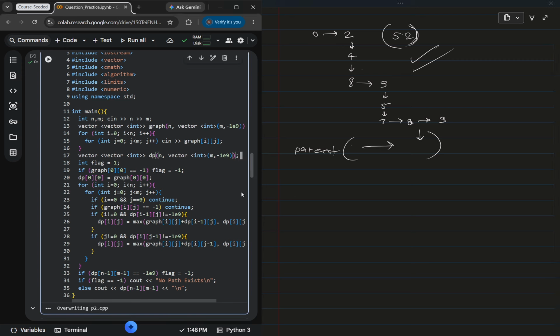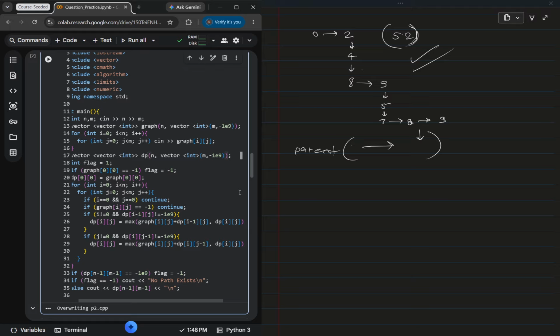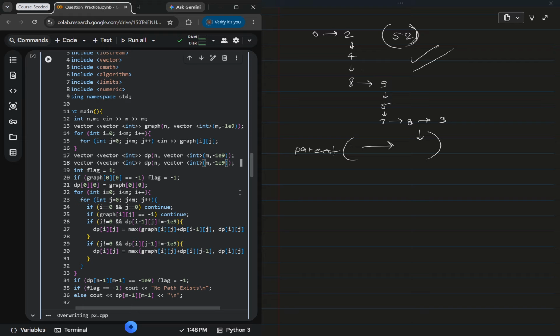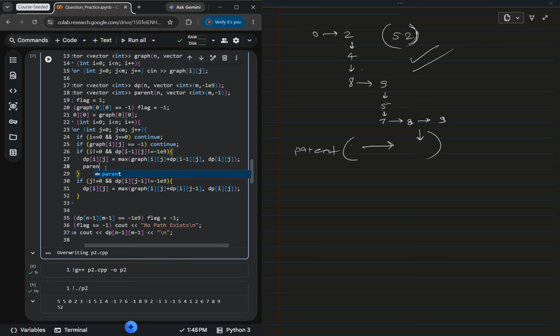Let's just define a vector. Obviously you can put comma over here and define it over here, but since it is getting out of my writing area, I would define it below this. So we have the same comma -1. You can define everything in a single line. That won't be a problem at all. So you have all this. And next you have your parent over here. So we can just write parent. And then the parent would look like,